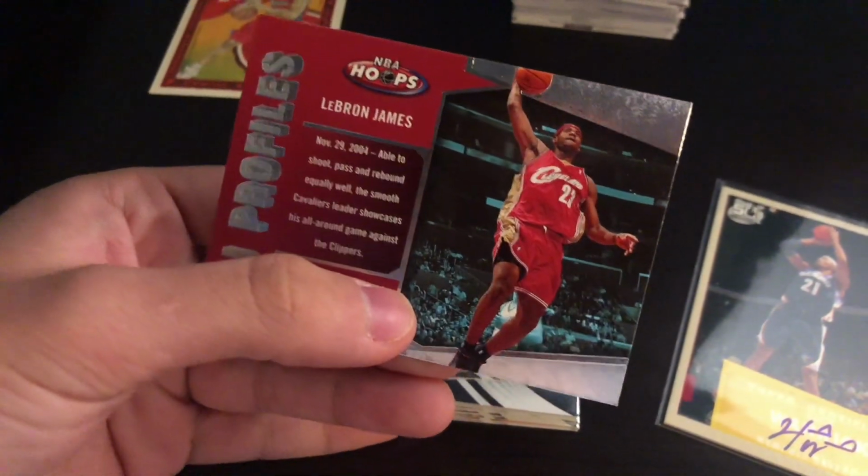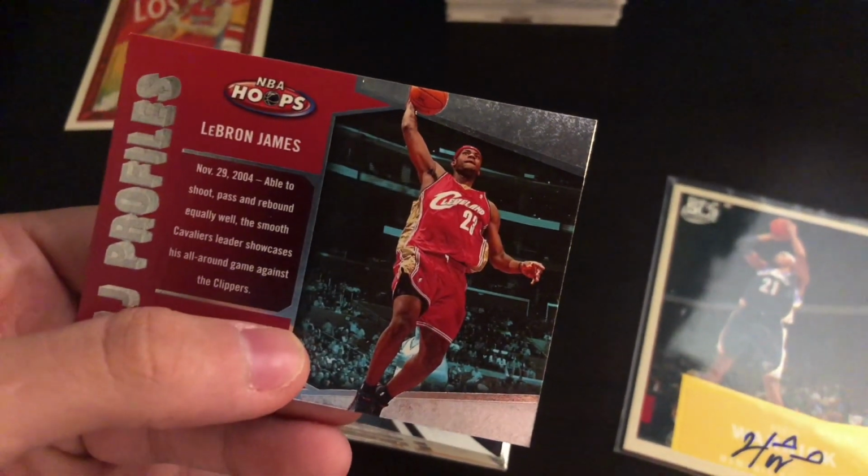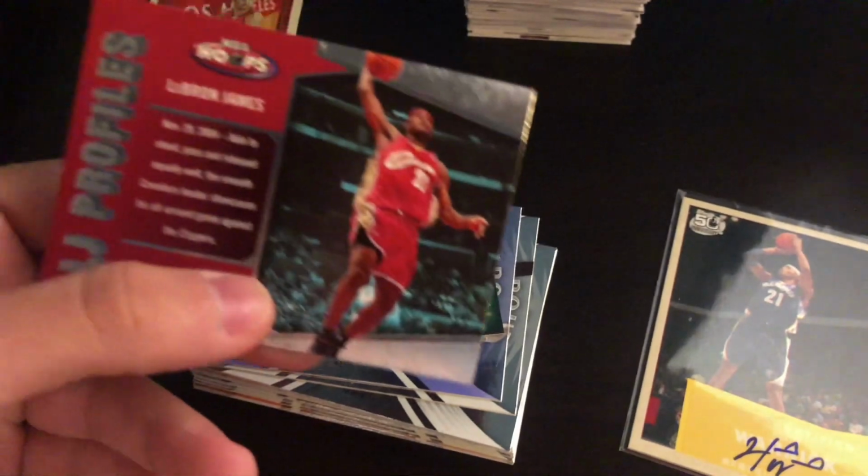Also, I probably should have said this at the beginning, but the best cards I'm going to show are at the very end, so if you want to, just skip ahead, because a lot of these are just random cards,